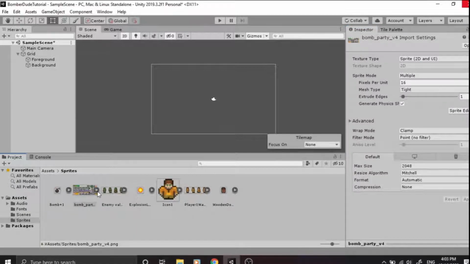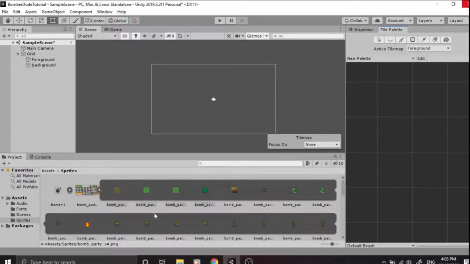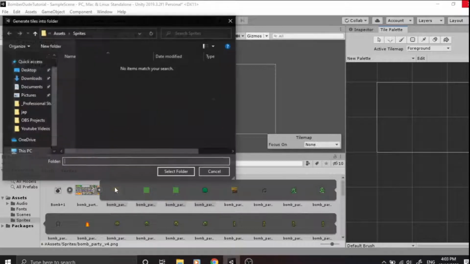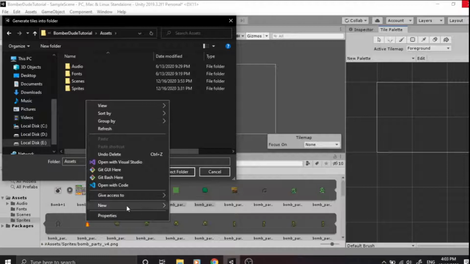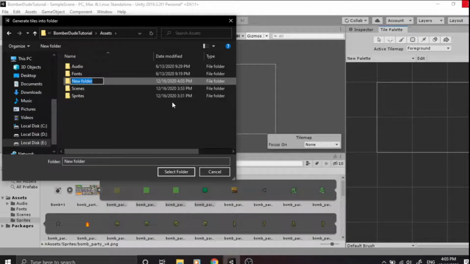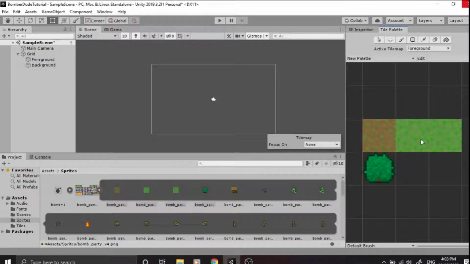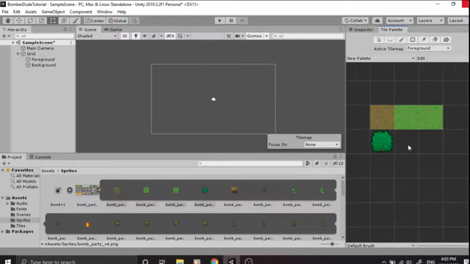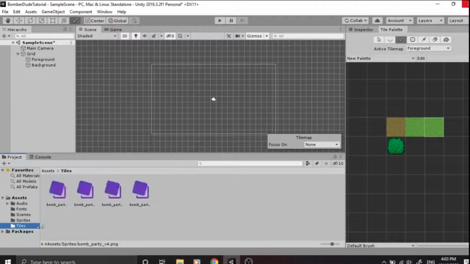Okay, so now we can import our images in our tile palette to create tiles. So drag these in our tile palette and let's create a folder to hold our tiles. Now you can see that Unity has generated the tiles and they are stored here in this tiles folder.